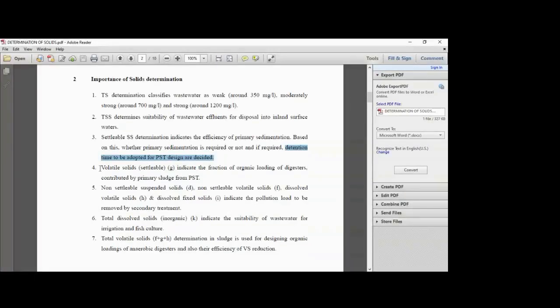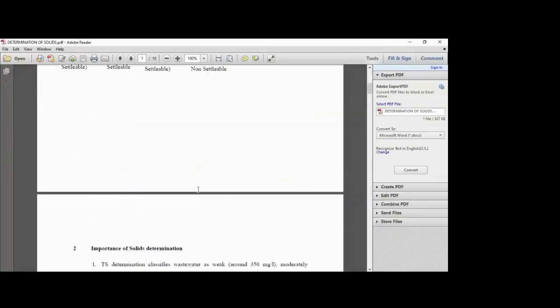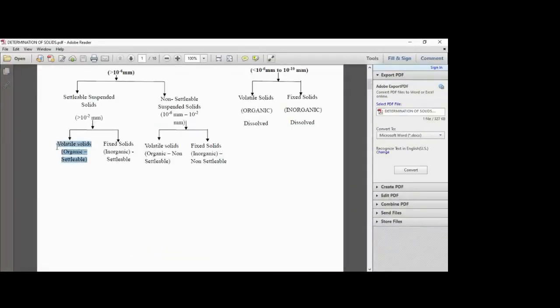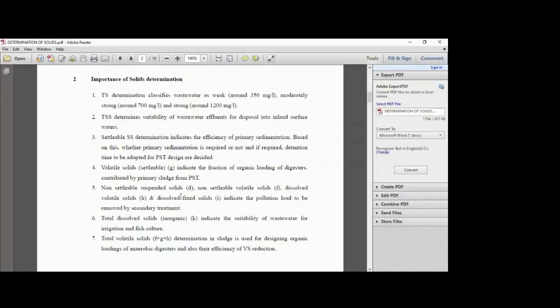So volatile solids, that is the volatile settlable solids, indicate the fraction of the organic loading of digesters contributed by primary sludge from PST. So as I've already told you, this particular fraction is going to get removed in the PST. So that particularly primary sludge from PST कितना generate होगा वो क्या बताएगा आपको, कौन बता सकता है, उसका आइडिया आपको यहाँ पे मिलेगा। वोलाटाइल सॉलिड्स का कॉन्सेंट्रेशन से आपका that particular thing आपको पता चलेगा, राइट।